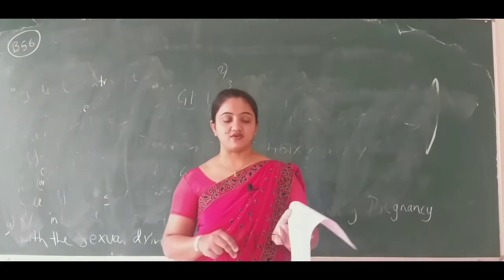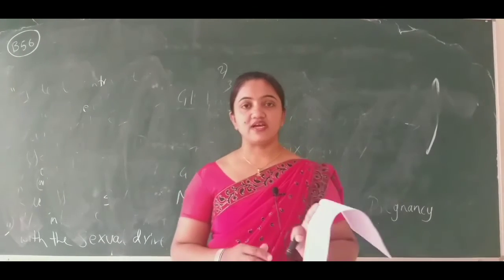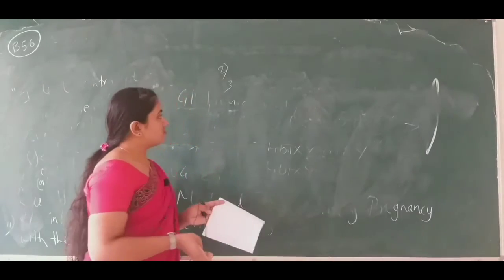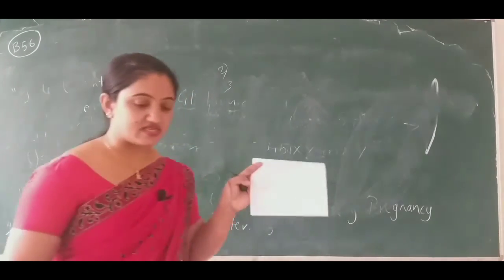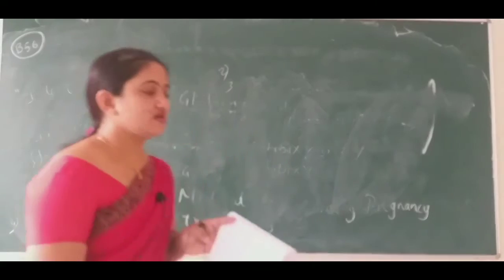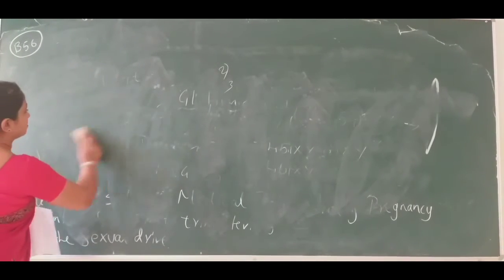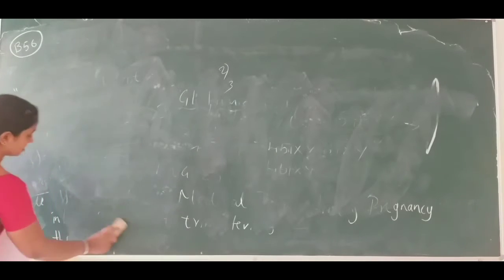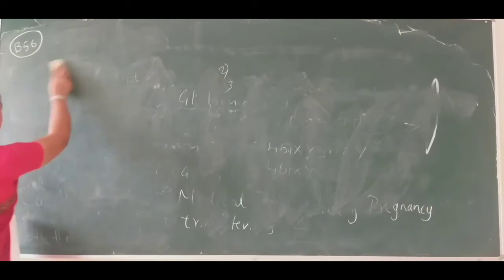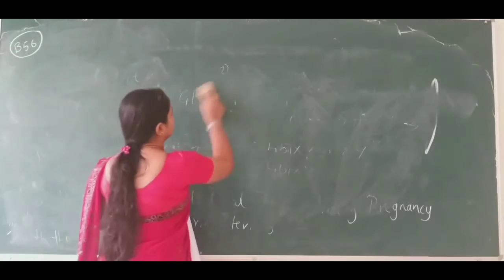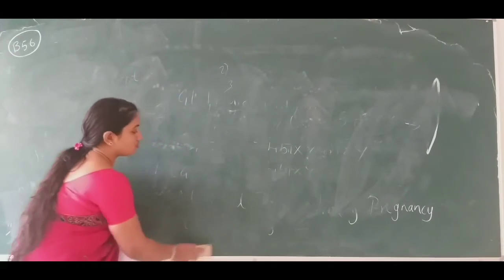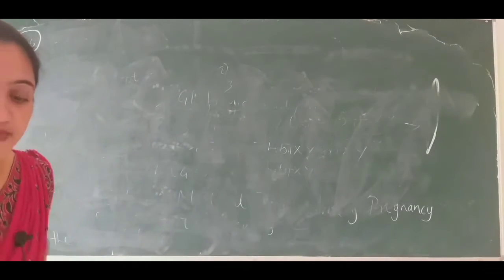And the next, the third question, is you have to explain one gene inheritance. That was the question, right? So what will you write for this question? One gene inheritance means you are supposed to write the monohybrid cross. In the monohybrid cross, you take only one contrasting character,